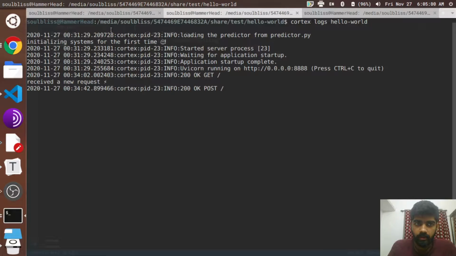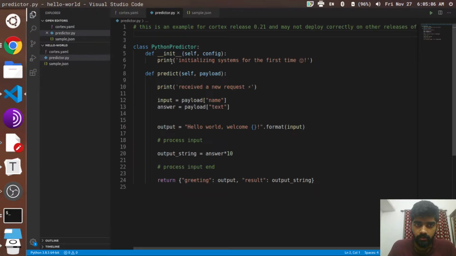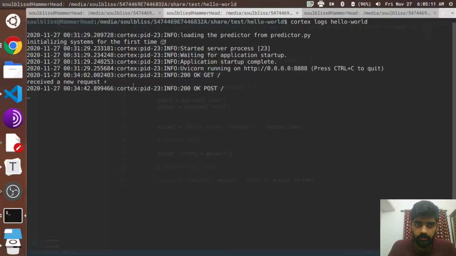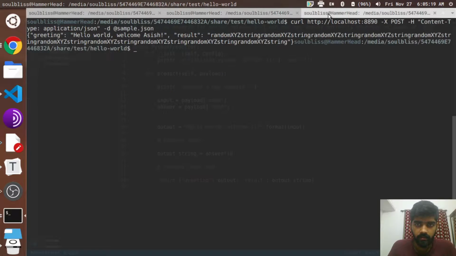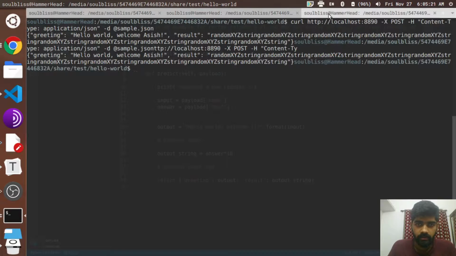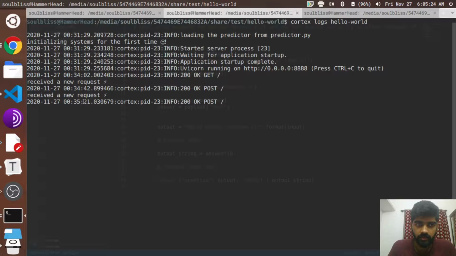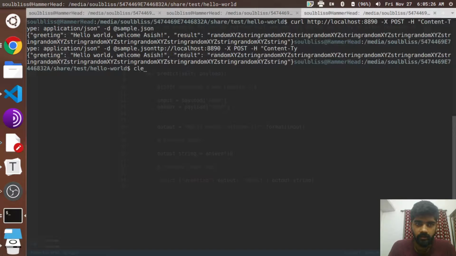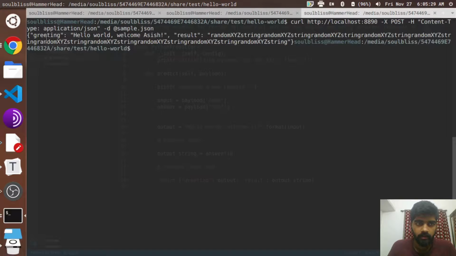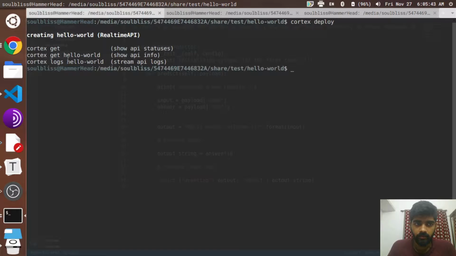Once you've run deploy, you can see initializing systems for the first time, so the init function is run only once, and you can't see this being repeated somewhere else. And then as you can see, received a new request, and whenever you send any request, it will show received a new request, and then you are getting a response, like the greeting and then your name. So this is a high level overview of how this works.